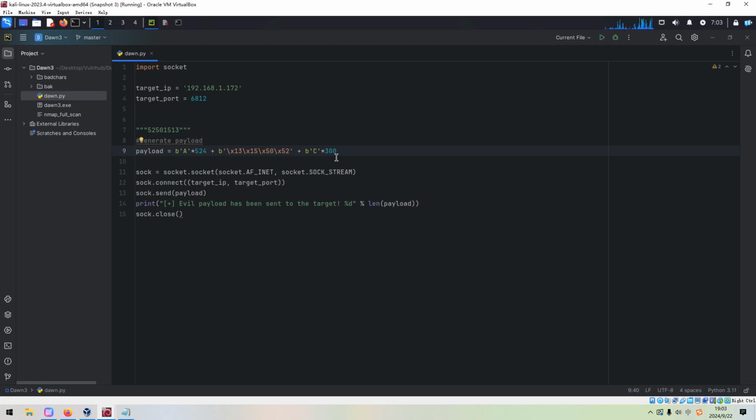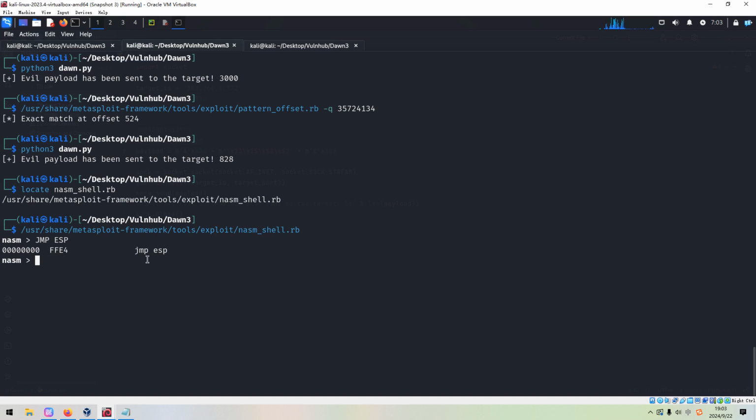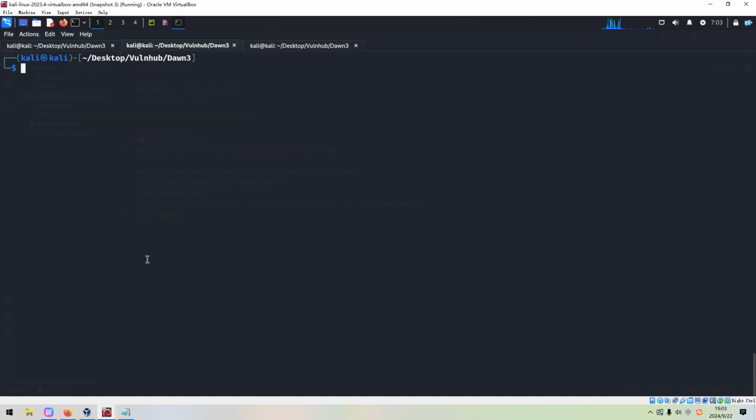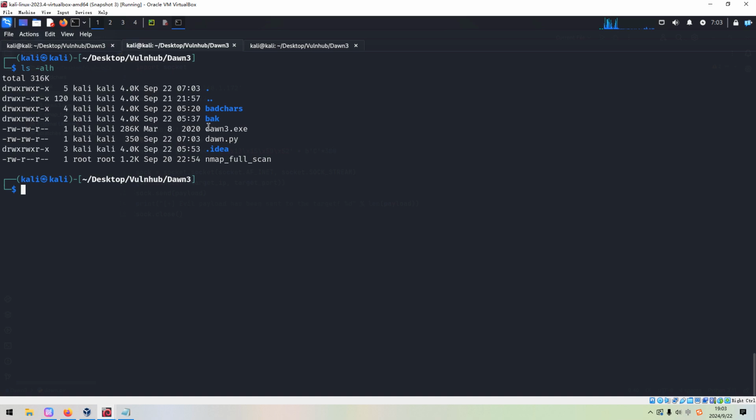So next, we need to find the bad characters. Of course, 00 is always a bad character. However, in some cases, we need to find other bad characters. To do that, first of all, we need to create the bad characters. I've already written this code.